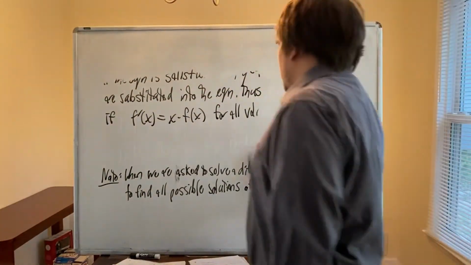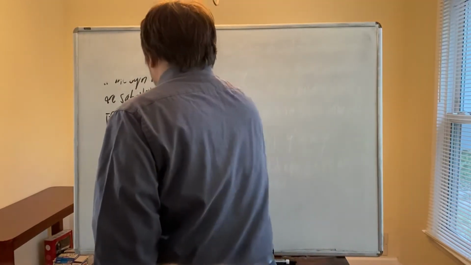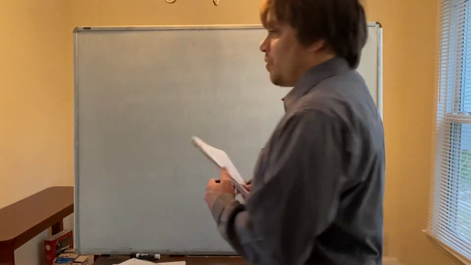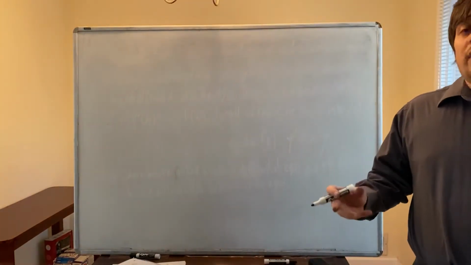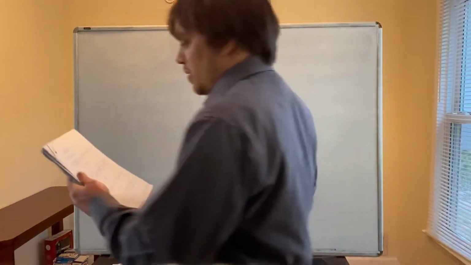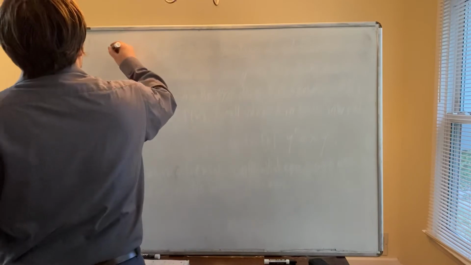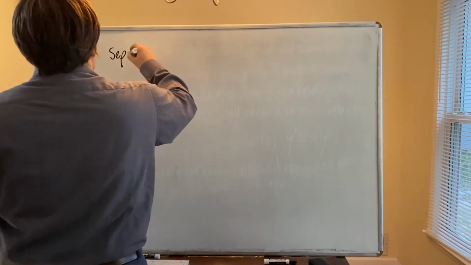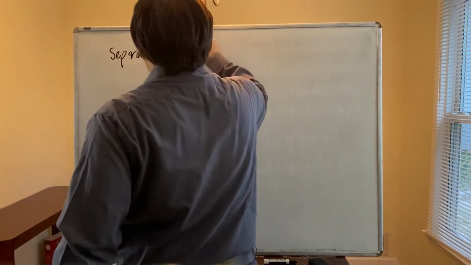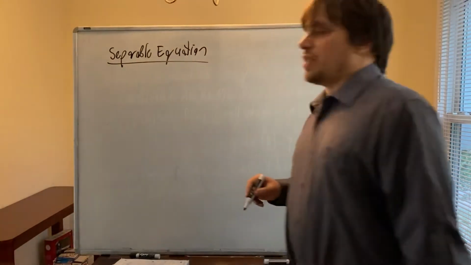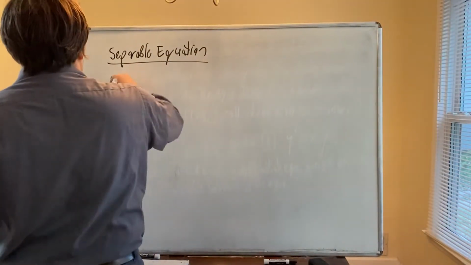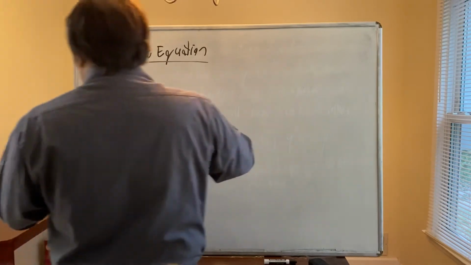Okay, so that's the start to studying differential equations. Now, differential equations are classified in different ways. They're separated into types of differential equations. And so one type of a differential equation is called a separable differential equation. These are pretty easy to solve. Okay, this is a good place to start when studying differential equations. So definition, a separable equation